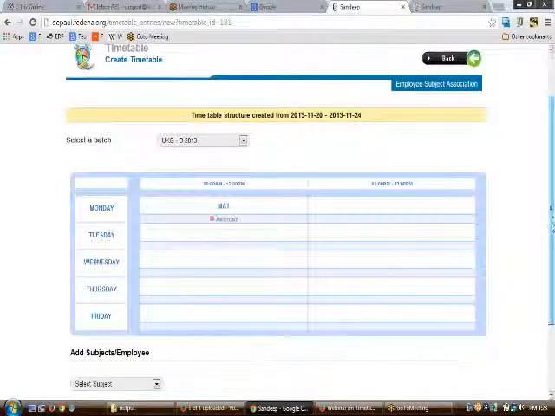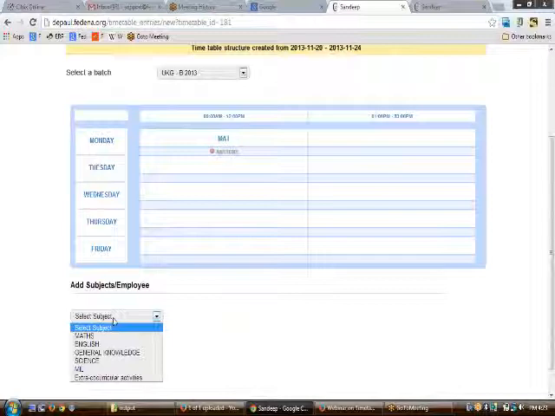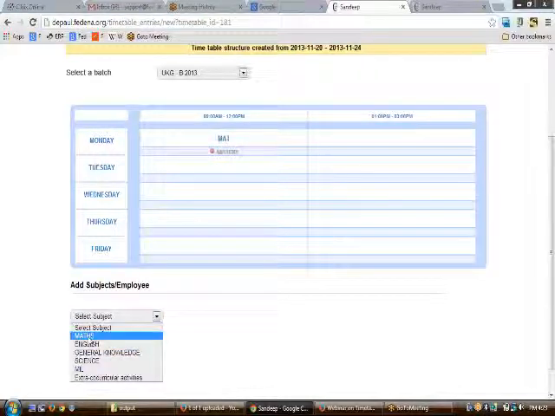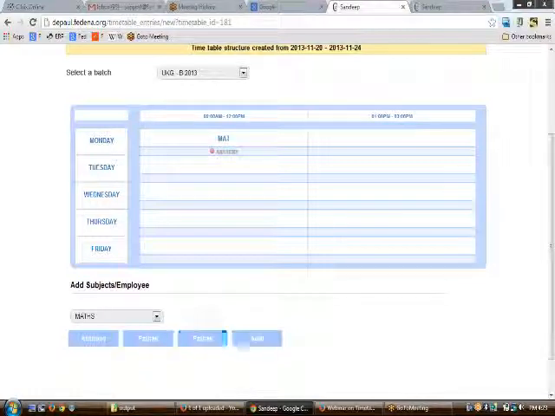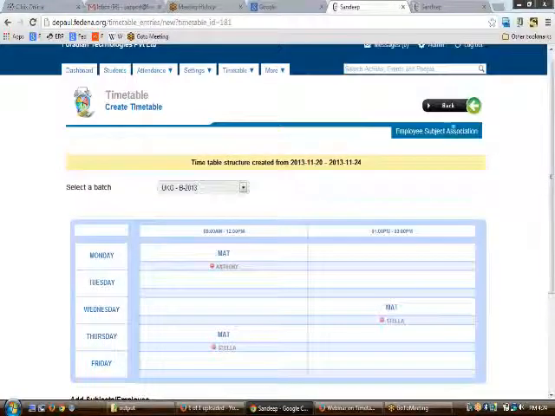So once you are done doing this, you're done with associating with this step, you will be able to see the different subjects and the corresponding teachers for that. Moreover, if you want to assign more classes, then you can also do so by clicking upon this part here. So this was all about creating the timetables and all.